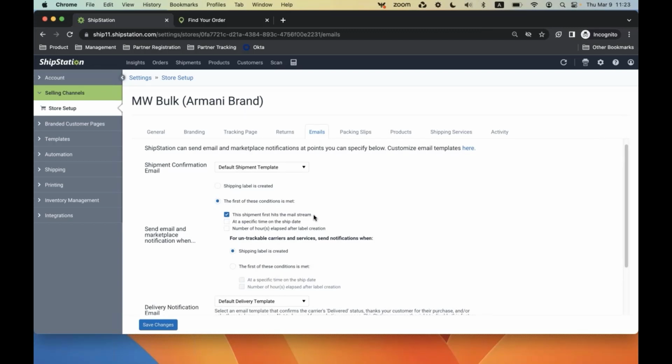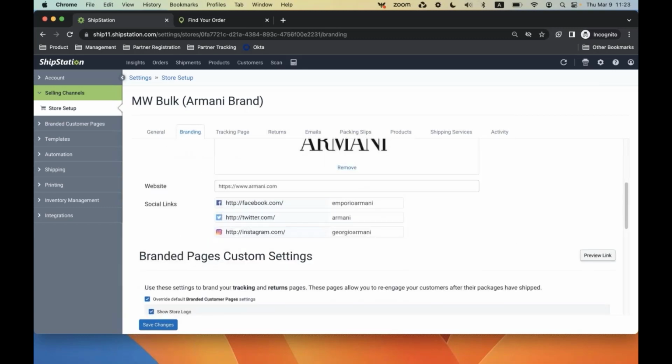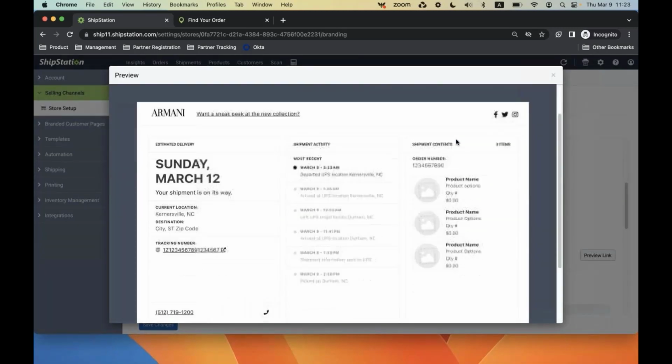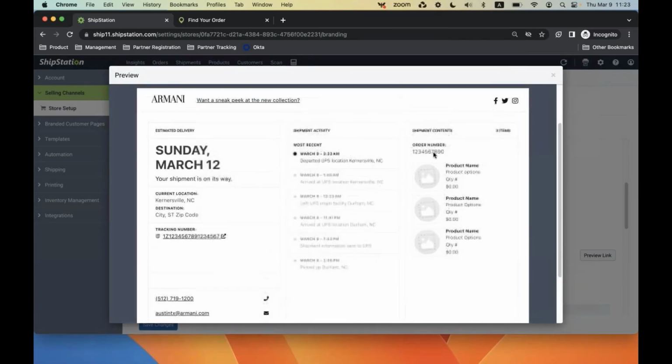So when UPS or FedEx scan it into their system, or USPS puts it through a sorting office, it's then within their system. It has a location, it has an estimated delivery date. That's going to provide a much more pleasant experience for the end customer. In addition, with that branding, you can have your own tracking page as well. So instead of just sending them to the carrier's page, it can send it to your branded page with customer service information about the returns policy,